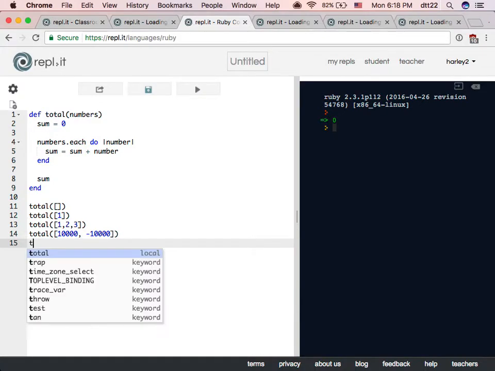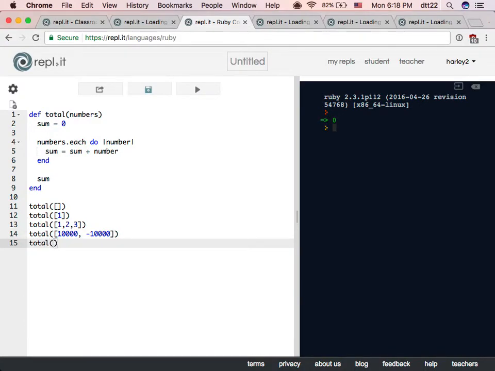Now, what is the total between 1 and 10? Are you going to type this? Okay, no. So what is the better way? 1, 10. Would it work? It works, but don't worry about it because a range can do each.